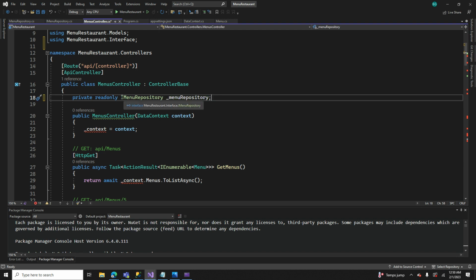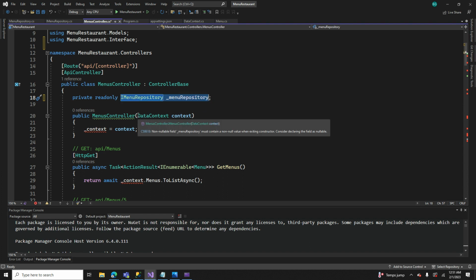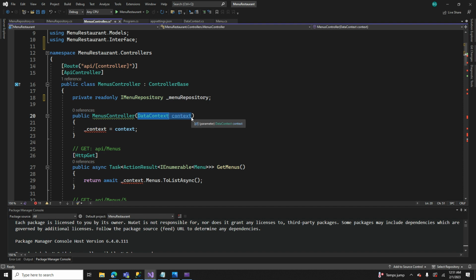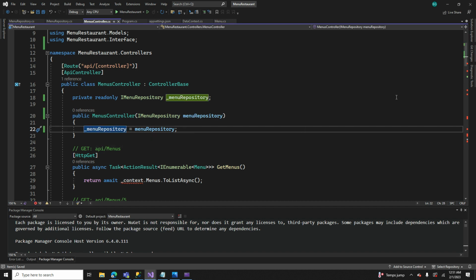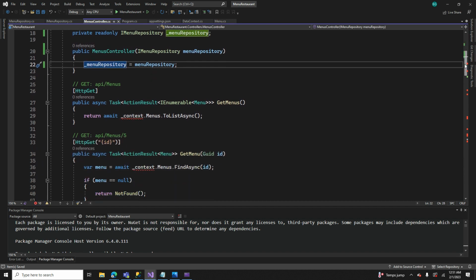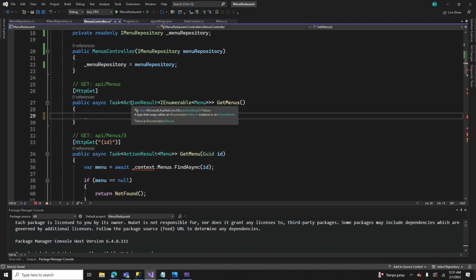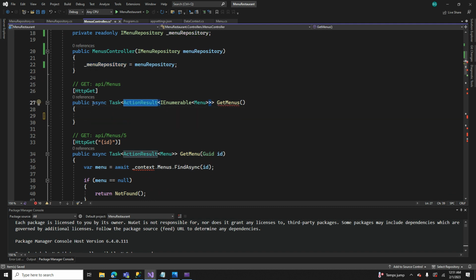Okay, let's copy this and paste it. Instead of underscore we're going to remove this and copy this, and let's save it. That's all. Now the other thing you need to do is remove these. Let's copy this action result and